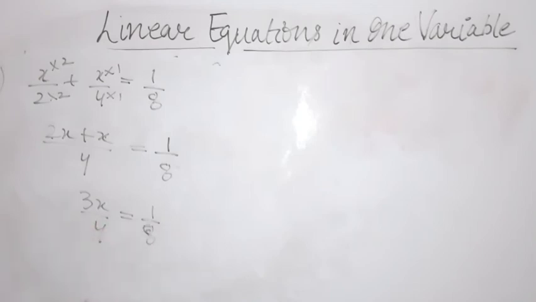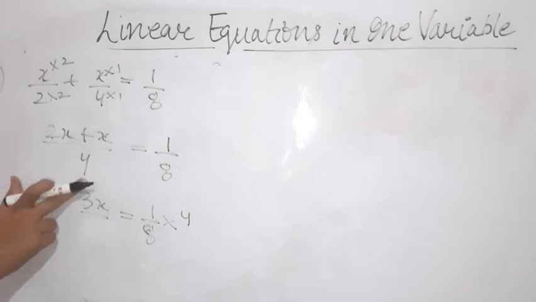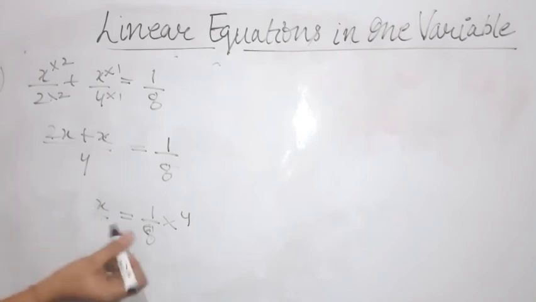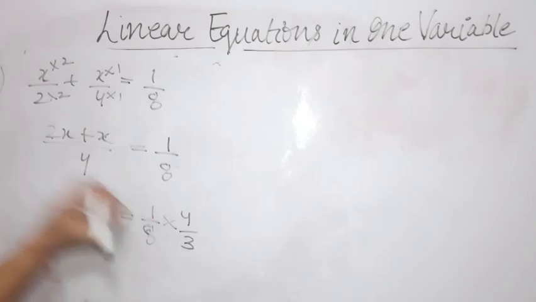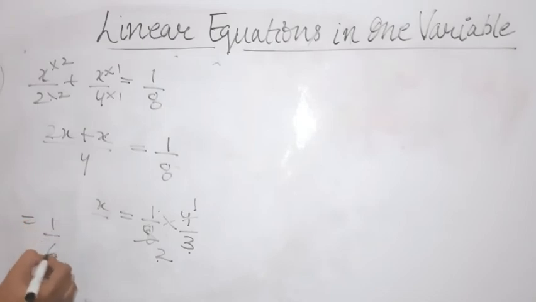Now it is very simple to find out the value of x. This 4 is in division with x. Once it goes to the right hand side, it will be in multiplication. In the same way, this 3 is in multiplication with x. Once it goes to the right hand side, it will be in division. So now 4 ones are 4, 4 twos are 8, 1 ones are 1, 2 threes are 6. What is the value of x? The value of x is 1 upon 6.